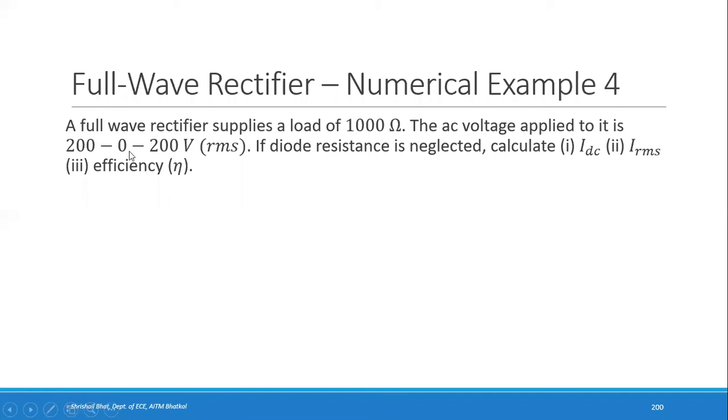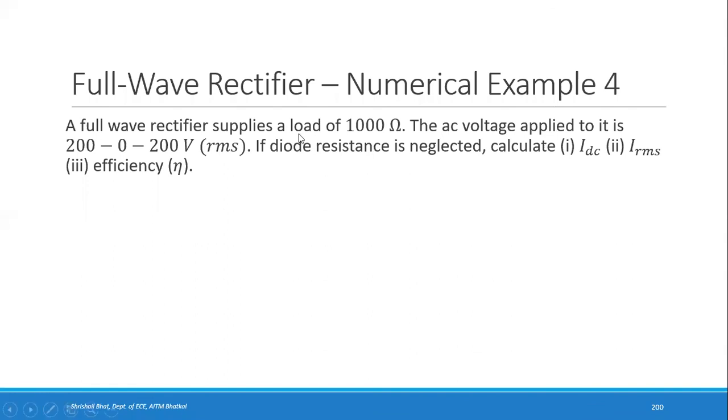And whatever value is mentioned, it is RMS value. Again, if it is not mentioned RMS, still it is RMS. Okay, do not get confused. RMS is mentioned here. You take it as RMS value. Even if it is not mentioned, if it is just given 200 volts, it is still the RMS value, and you have to find the peak value by taking root 2 into whatever value is given.